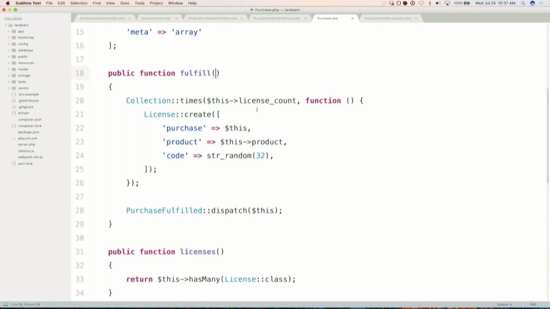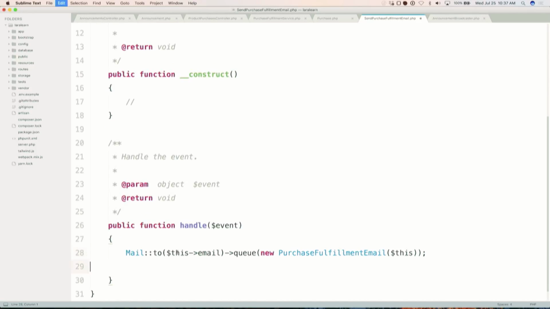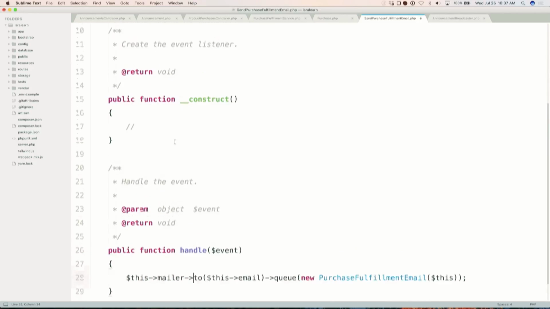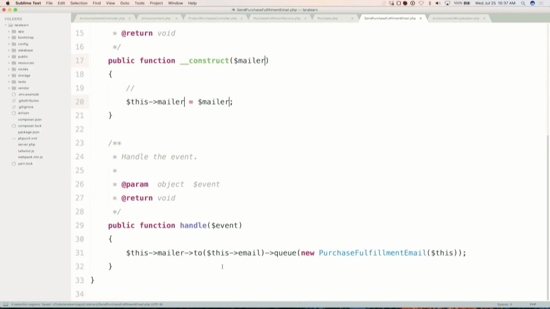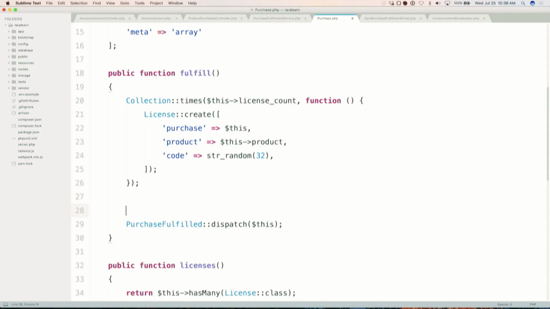So you could go ahead and make this listener, head over to the SendPurchaseFulfillmentEmail listener, and paste in this code here. And now we don't have to rely on the facade here, because this is resolved out of the container. We can inject the mailer. The event is going to contain the purchase, so we can say event purchase email, and then event purchase here. And now this is going to end up basically working the exact same way. We're still depending on service location in the sense that this event dispatcher is being resolved out of the container. But if you really wanted to, you can also do something like static getEventDispatcher,